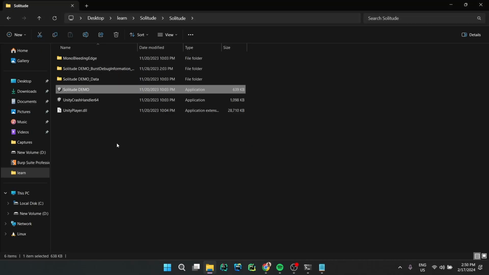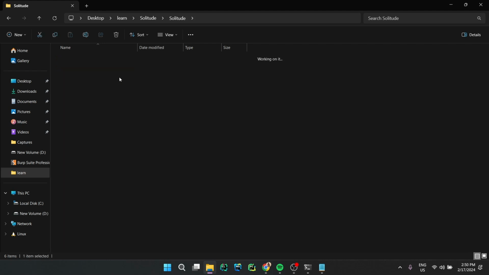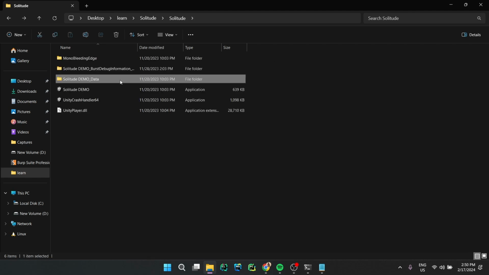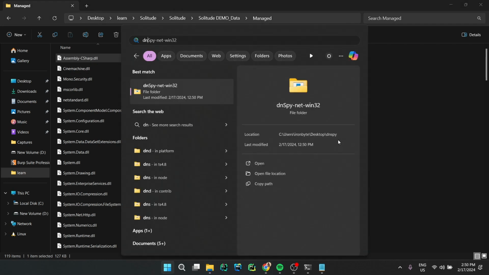So to do that, I tried to find the assembly of the game and change it the way I want, or just figure out what the code is in the file of the game itself. If you go into Solitude demo data, then Managed, then Assembly-CSharp.dll, this is the dynamic library that has the logic of the game. So if you try to open it using dnSpy,